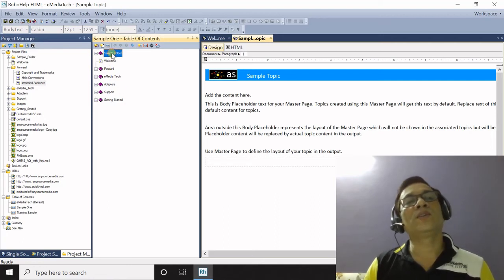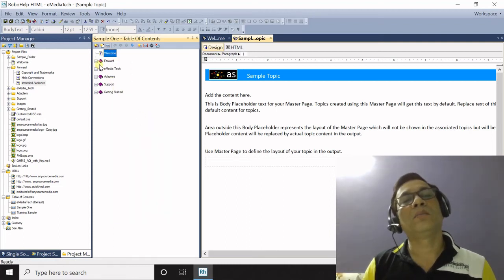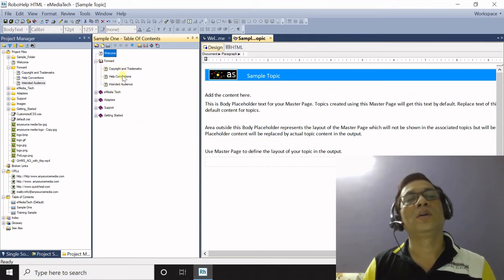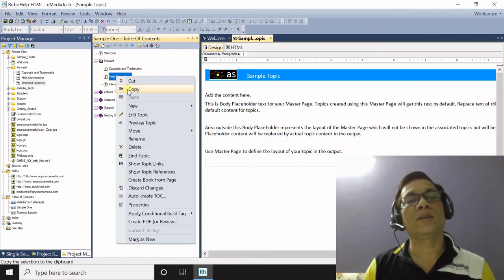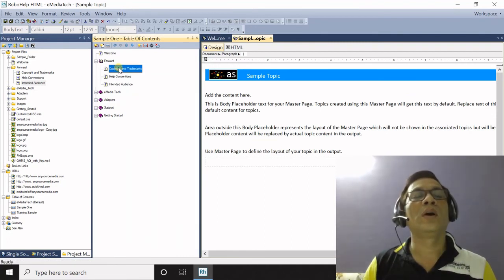So those folders which are extra or you think should be deleted, you can delete. Either you can manage or reorganize. For example, if you have these topics here, you can remove any of them by selecting this way, or you can move any topic to any other folder.